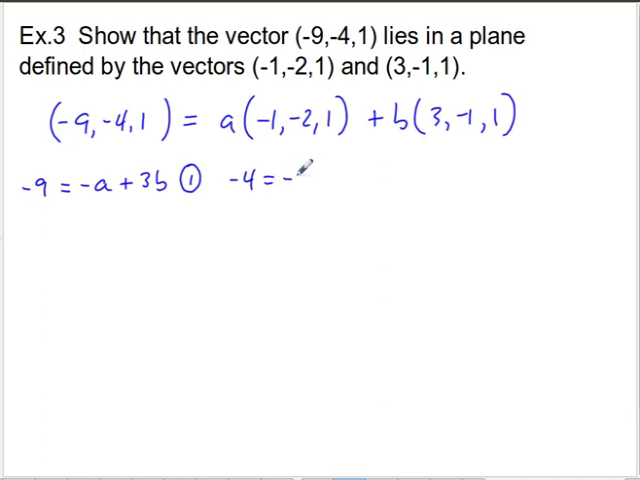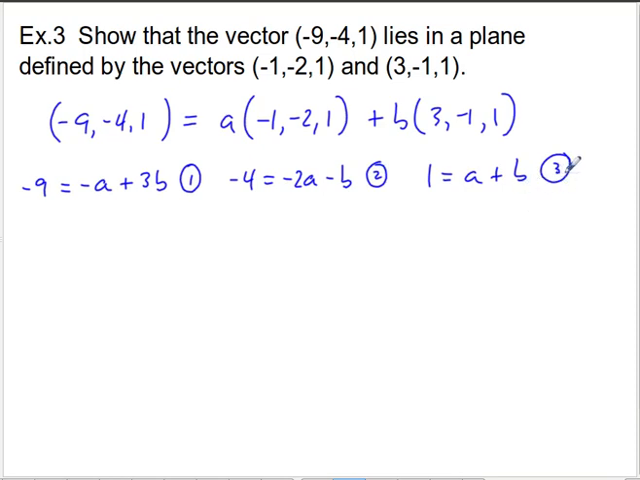-4 is equal to -2a minus b. That's equation 2. And 1 is equal to a plus b. And that is equation number 3. And if I start from there,